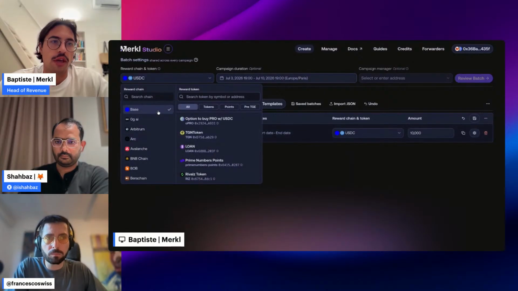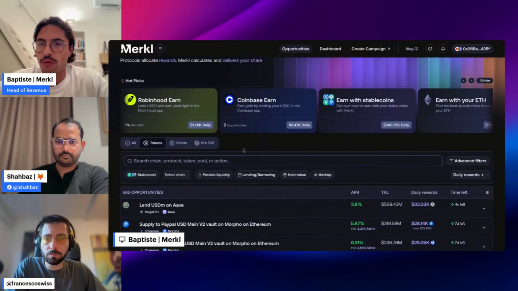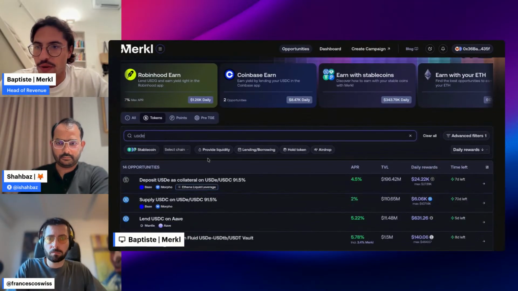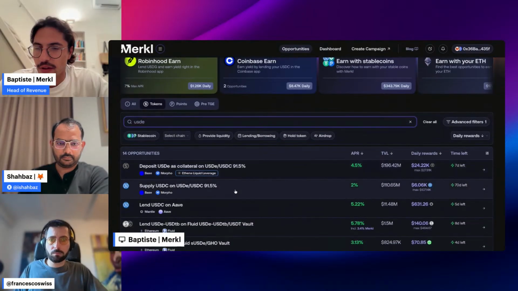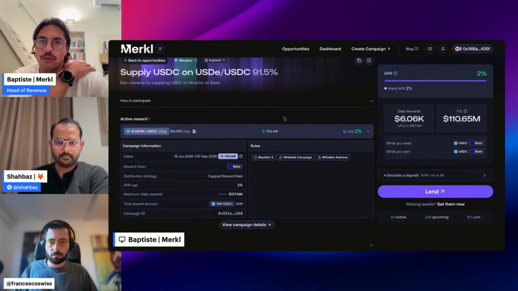And so you can create the campaign like this. Basically it takes 5 minutes, and once you're done, it shows up in the Merkle UI. For example, I think I chose a market that already existed. Yep, that was the one. And it shows up like this, and in real time, we calculate the rewards and create everything for you.